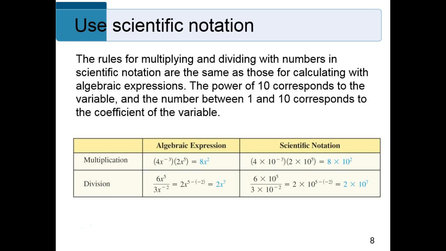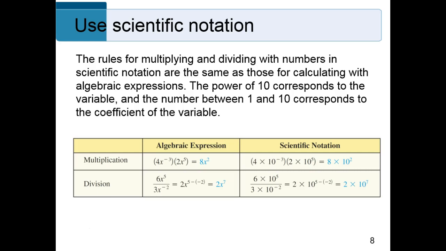So, what would that be? 4x to the minus 3 times 2x to the 5th. Whoa, it's been at least 15 minutes since we did that a long time ago. What would that be? Help me. I'm drowning up here. 8x to the second. Perfect. Okay? Now, what they're relating this to, if that was 4 times 10 to the minus 3,